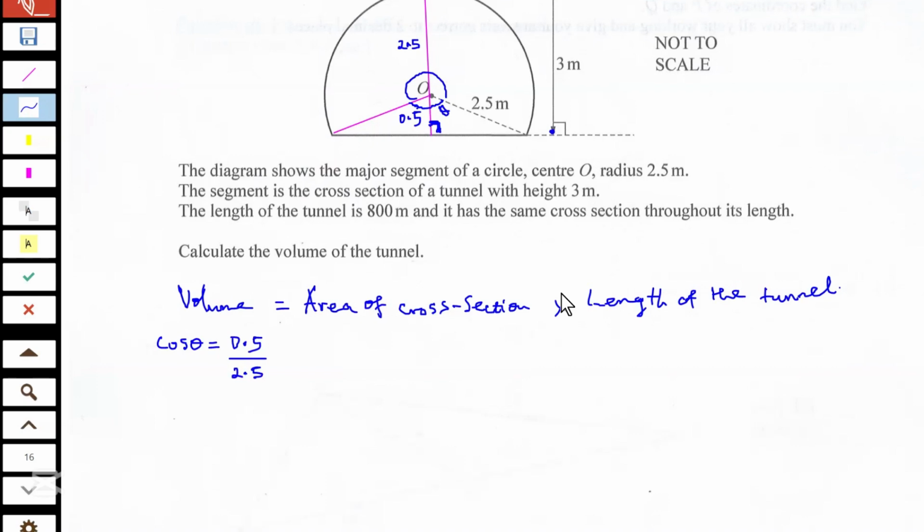So theta is the cos inverse of 0.5 over 2.5. So if theta is the cos inverse of 0.5 over 2.5, then theta will be equal to